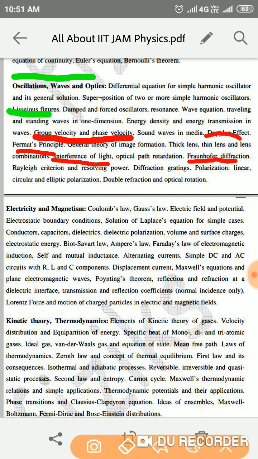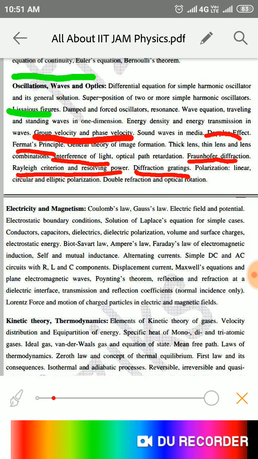Rayleigh criteria of resolution and resolving power, also very important topic. And then there is diffraction grating. This year a question was asked from diffraction grating, also very important. And the most important topic, I am saying again, insisting that the most important topic from